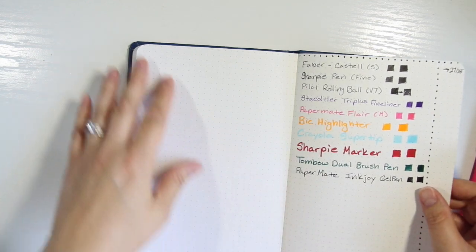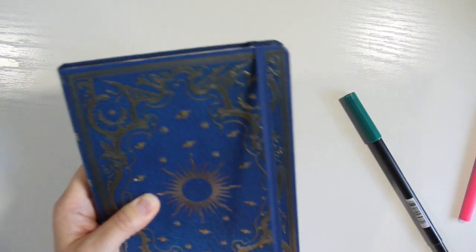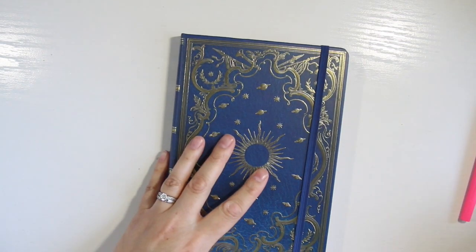I'm super excited about this because I've heard that the new Leuchtturms have lesser quality paper, and I have seen some videos, most notably Alexandra Plans. I'll go ahead and link hers. She was setting up her new bullet journal and she was talking about the ghosting, and there is a lot of ghosting. You can see it on film. So would I recommend this journal for a bullet journaler? I'm gonna have to go with